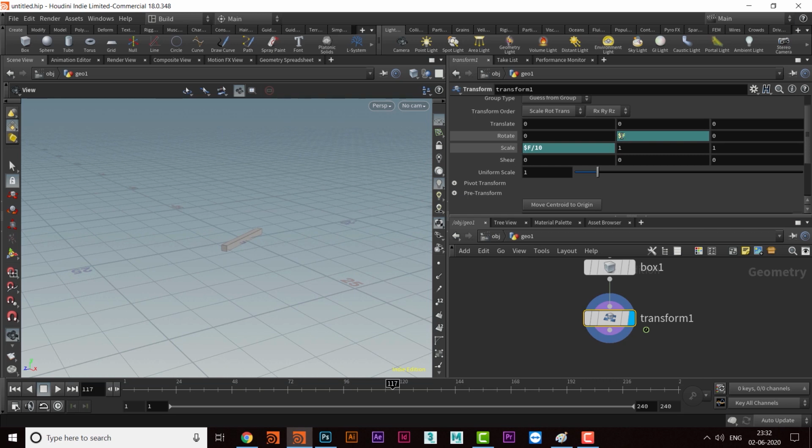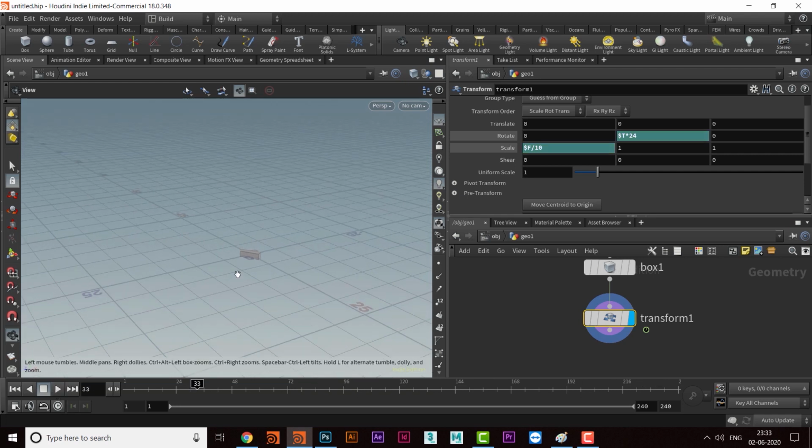In the same manner we can use dollar t. If I multiply by 24, because the timecode now is 24, that will be 1 second. Now dollar f and dollar t times 24 are the same. You can see the animation now and the animation before are both the same. That means this is the value of the frame, $f. Now I think you have understood this.